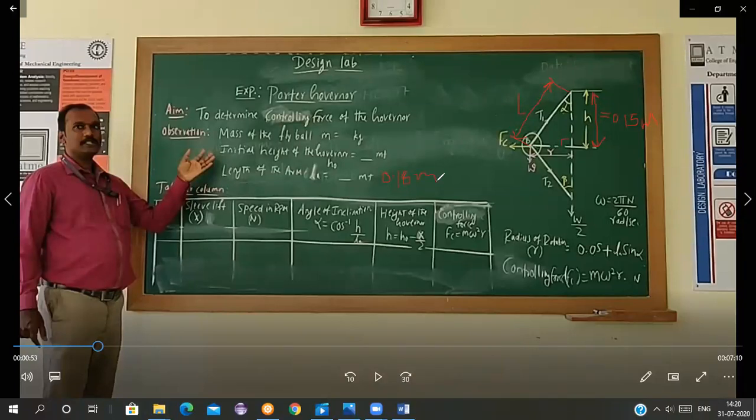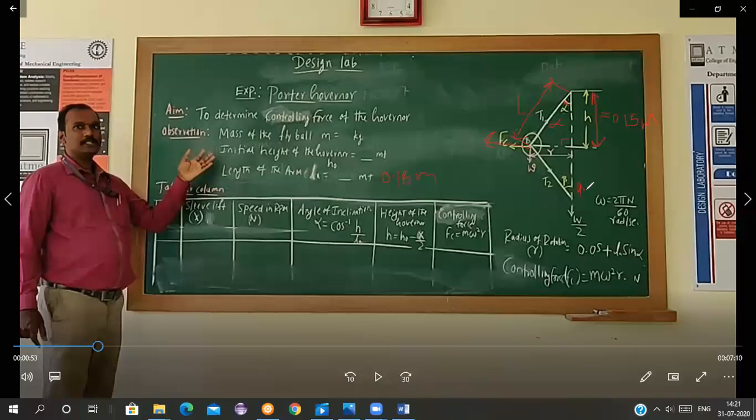We are solving the sum, solving this practical. What is shown here? The initial angle, or the angle of inclination, that is alpha. This angle of inclination alpha is going to change according to the speeds. What will happen when the speed will increase? The mass will move outwards. This flyball mass will move outwards, therefore there will be a lift created, and therefore the height will change, and therefore alpha will change according to the different sleeve lift.